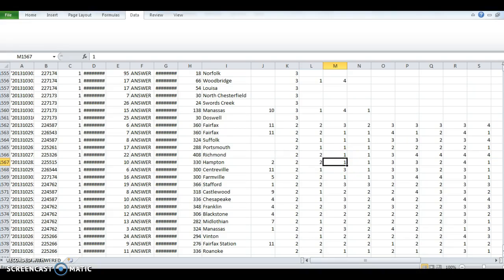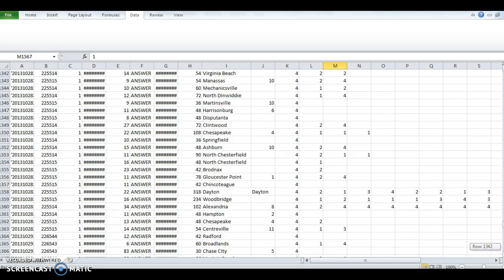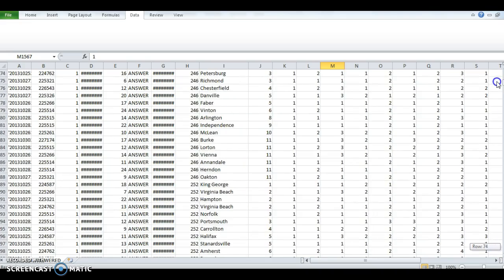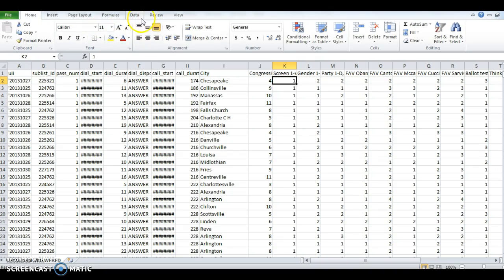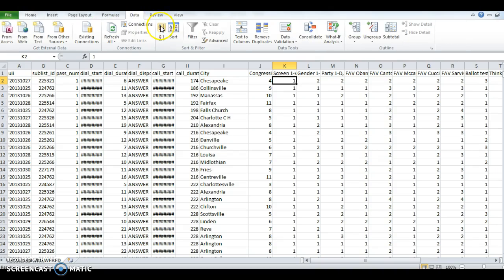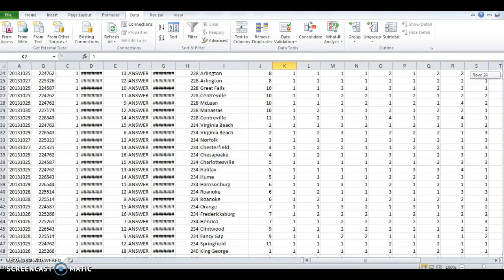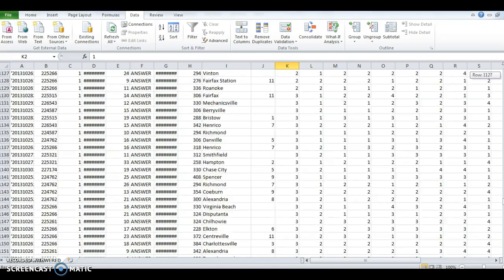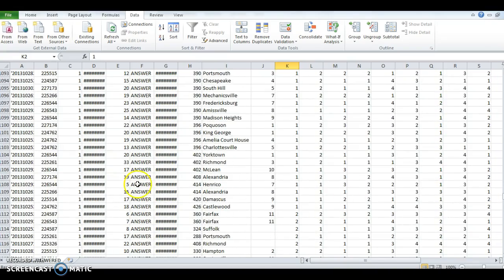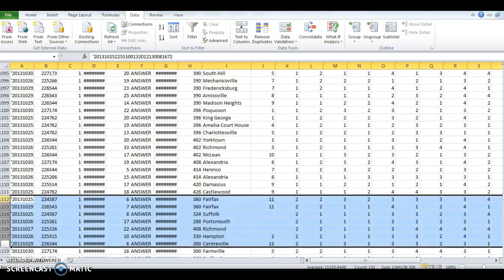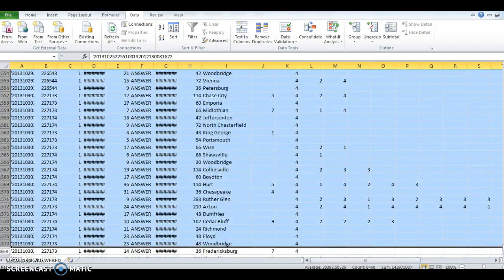You will now take your raw data file, and we are going to sort by the likely voter question. So only those who are very likely voters are going to be included in our survey. And we'll go to our data and we'll sort by question K, which is the screening question. We'll scroll down and you'll see everybody who's not a 1 is going to be removed from our sample, which should leave you with